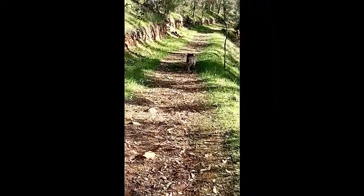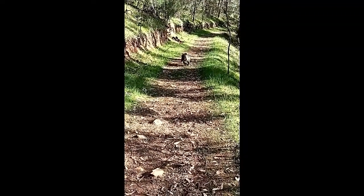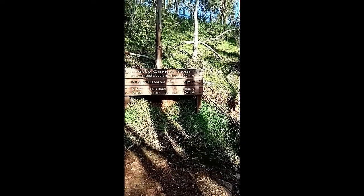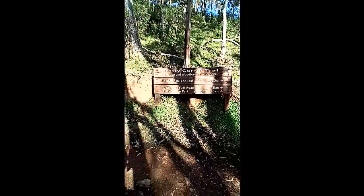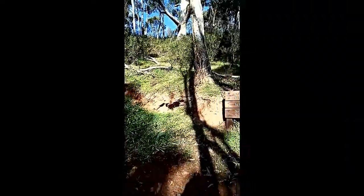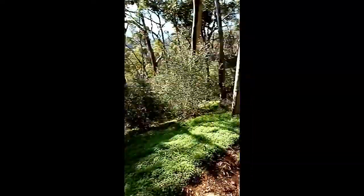I wonder where it's going. Anyway, I'll leave it alone now. We've seen that. For those of you who perhaps viewed my earlier video on YouTube, you might recognise this corner. We went up there and came along the top, back down that way and through into the suburbs. This time I'm going to go down that other path,